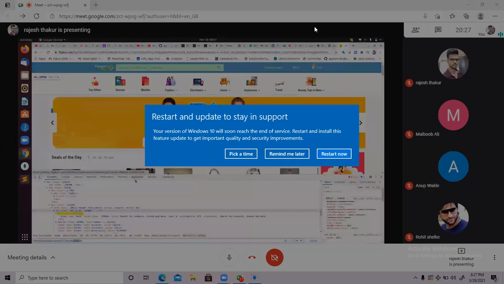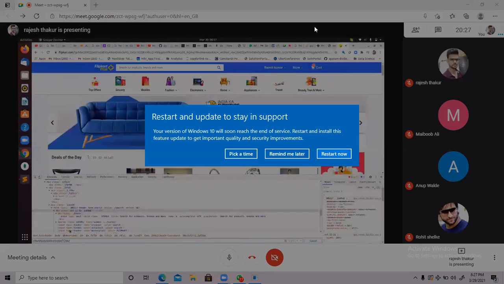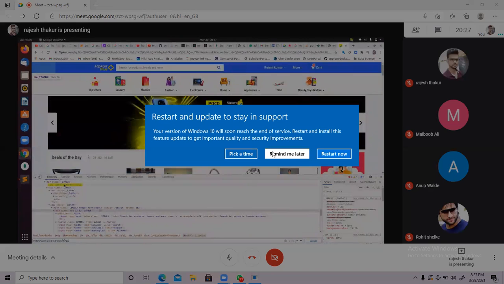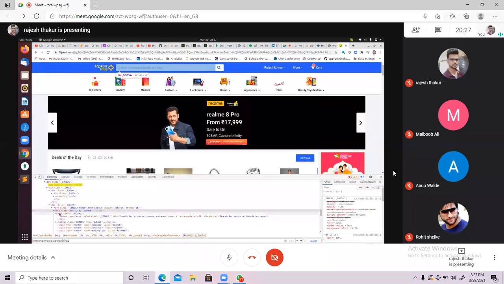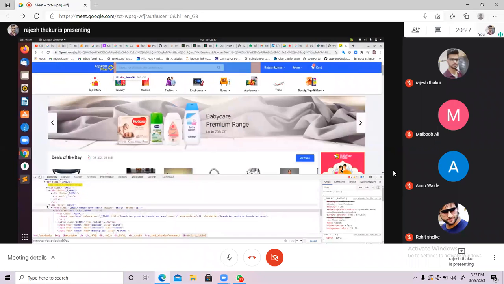Now here also we are doing the same thing. So what I'm trying to do, up to this, any doubt? No doubt, right? Okay, up to this, no doubt. Now our target is this one, and this is coming under this HTML tag, right? This is coming under this HTML tag. So we have to go inside of this div.